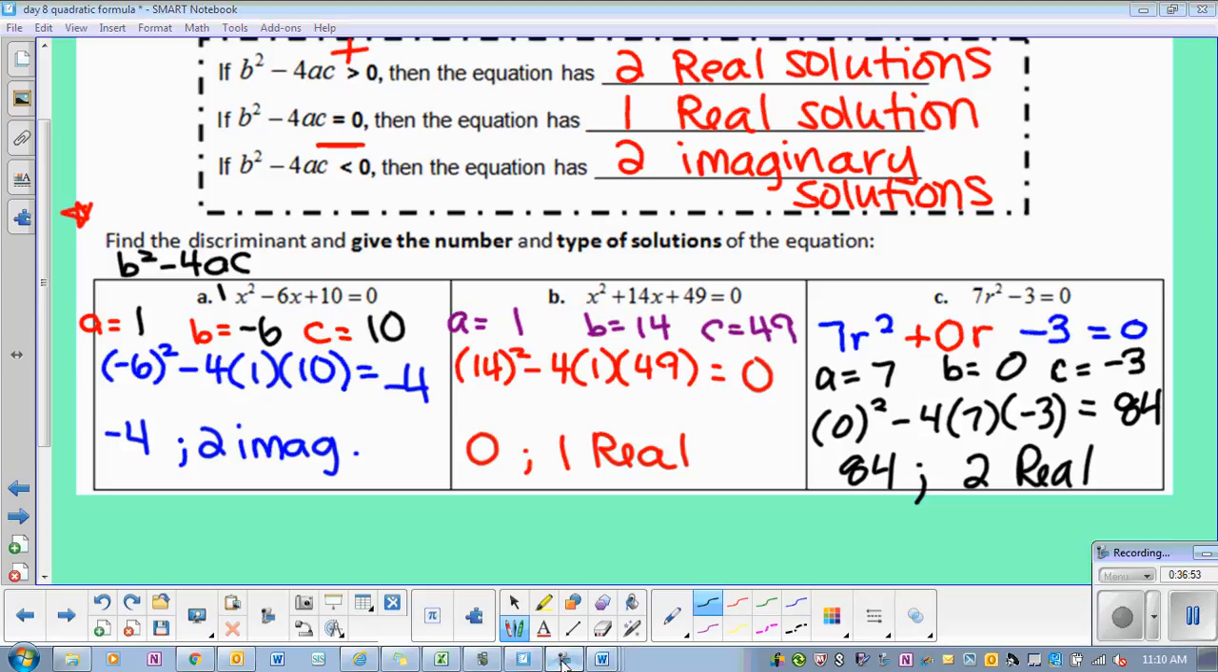I think this looks like a good stopping place because we're running out of time. Unfortunately,